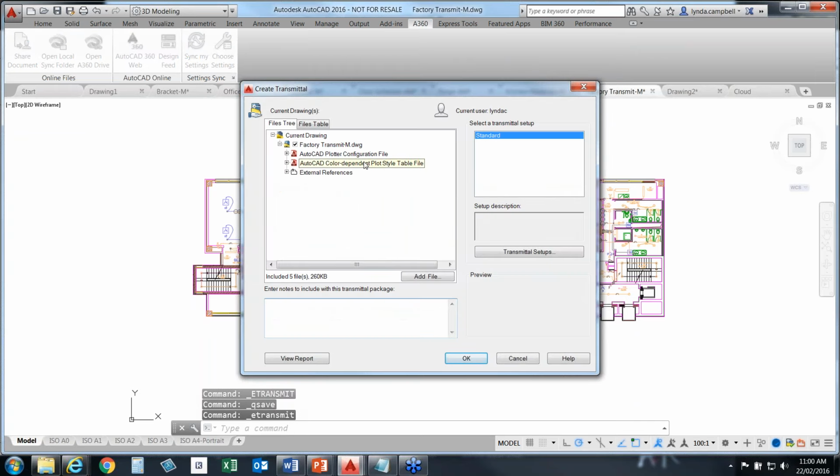And what the eTransmit does beautifully for us is it includes our plot configuration file associated with that drawing, our plot style table again associated with that drawing, and better still that we don't have to go and browse for these and perhaps, as we sometimes do, forget to include any of our XREFs. We then include that,